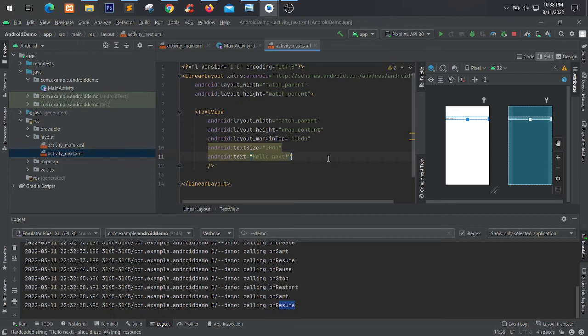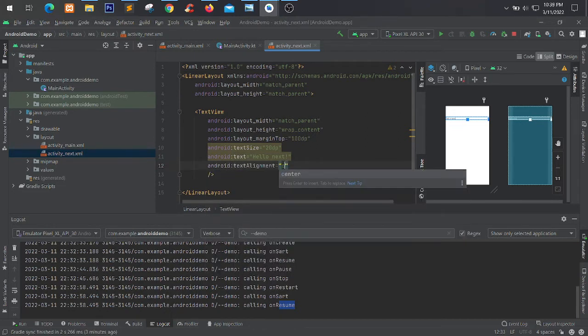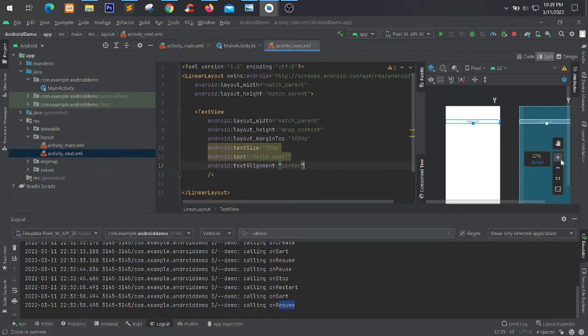Ayan. So you can change the center. So center lang natin siya. And you can search for the different attributes wherein you can change yung itsura ng text view natin. So for simplicity, kaya lang muna. And then let's create our